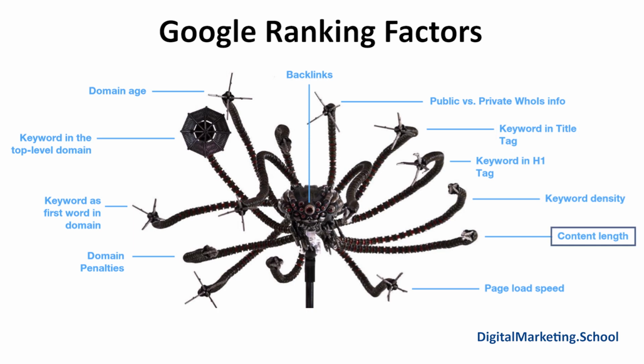The others are content length and keyword density. Keyword density really speaks to how many times you are using your keywords throughout your website. How many times are you using synonyms of those keywords? That's really key, and you don't want to overdo it. So you don't want to be spammy and just stuff your website with a bunch of keywords. You want to use them when it's relevant.